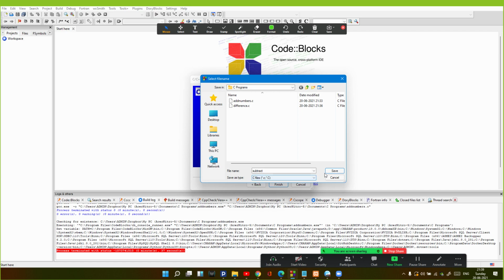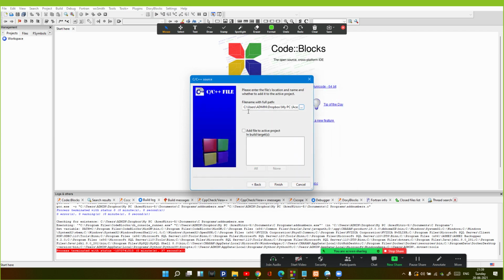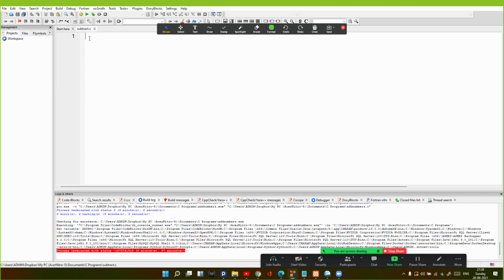Once you have named the file, click on Save. Now this is the complete path of the file that will be saved. After you have saved the file, click on Finish, and this window will appear.